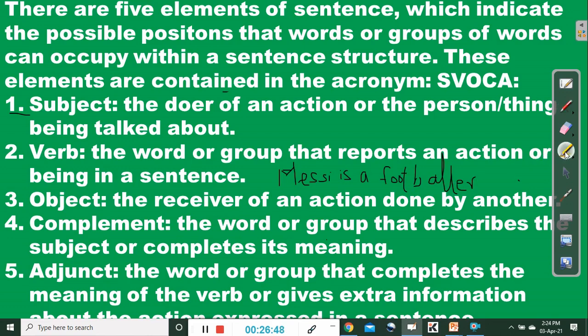All right, so let's attempt to analyze this. So here we have Messi. We have 3 elements here. Messi is the subject. Is the verb. And, well, let me try to